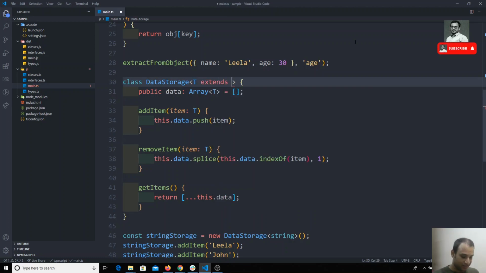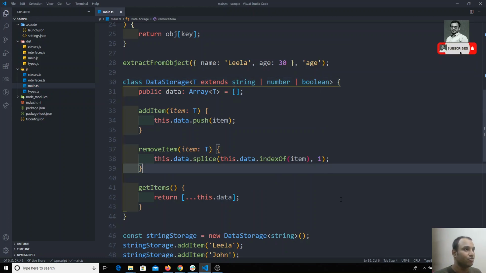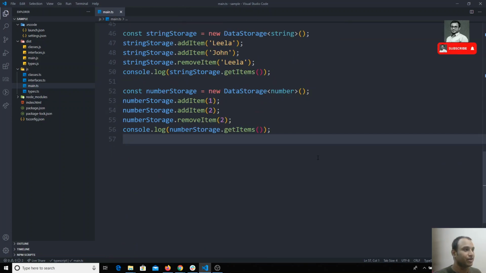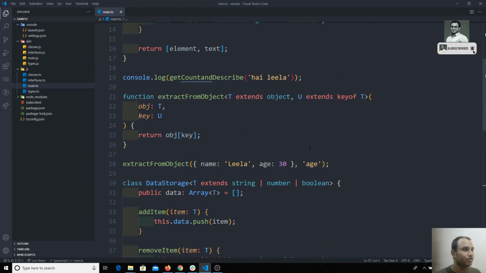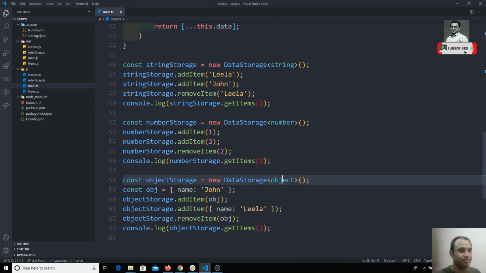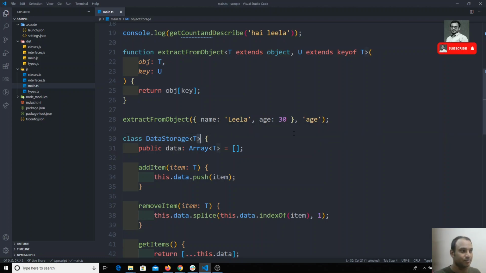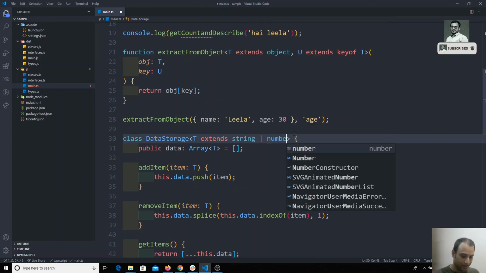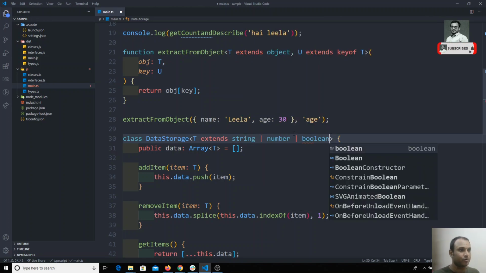So we already remember, right? Extends string, or number or boolean, you can use directly like this. Now if I go here, oh sorry, I will do Control Z. Now here we have an object. Right now it is accepting the object also. Why? Because T accepts any data, any type. Now extends, I will do string or number or boolean. Okay, primitive types I am taking.